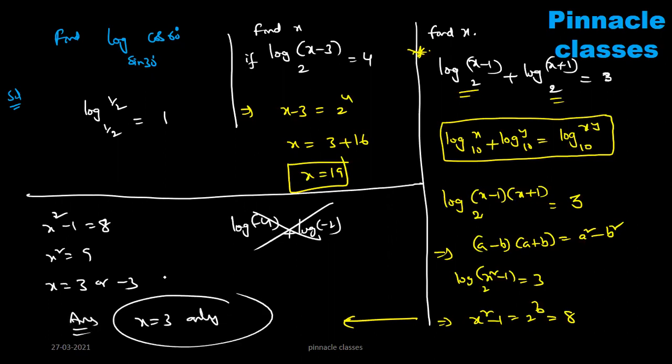It's very important. The same question they can ask in final competitive exams. Find the number of values of x means you should say only 1, not 2, because here only positive values are valid, only 3 is there. If minus 3 was satisfying, then we could say that 2 values are satisfying. That is the meaning.